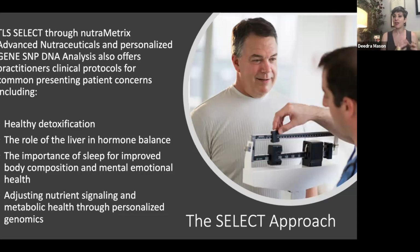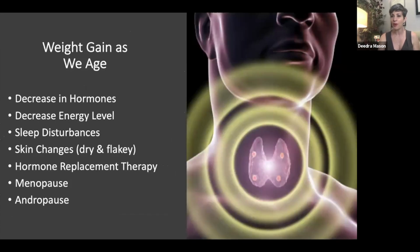Well, we can talk to them about healthy detoxification, the role of the liver in hormone balance in both men and women's responsible aging, the importance of sleep for improved body composition, as well as mental and emotional well-being, and adjusting nutrient signaling, whether that's through appropriate meal planning based on dietary questionnaires, education that we offer the practitioner and the patient, or simply looking into personalized genomics and finding out which program is right for you, especially when we